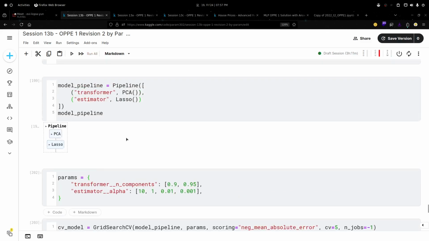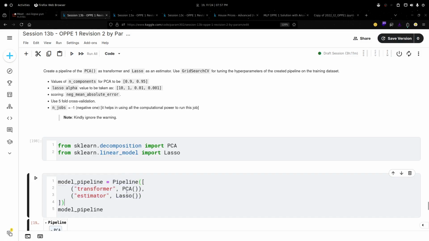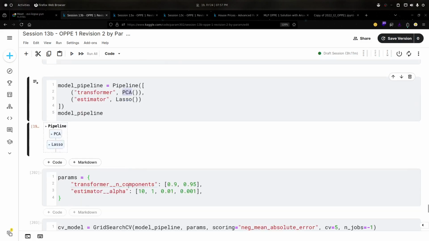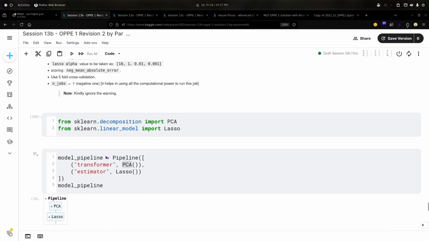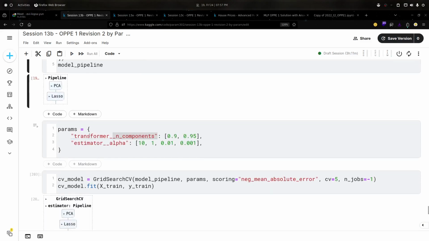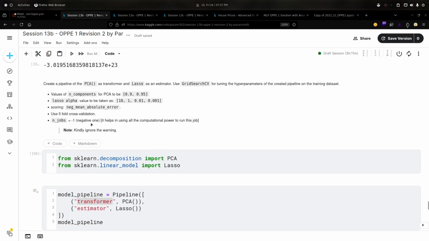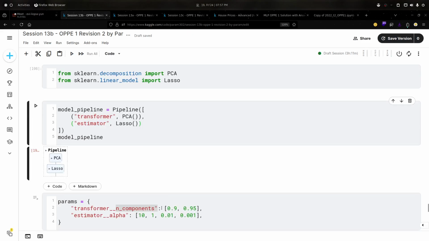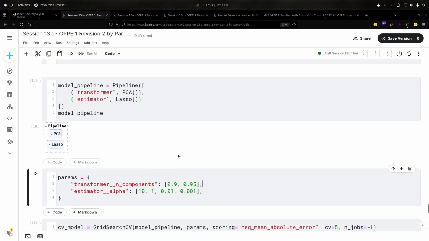Yeah, sure. So we have a pipeline, right? And we have various things in the pipeline. So if I want to add something for PCA, that is a parameter, let's say n_components, I can't do n_components directly. I have to write the name I have provided here first, then double underscore, then the parameter name which is provided in the question, n_components. Same thing for the lasso. Here PCA is the transformer and the estimator is lasso.